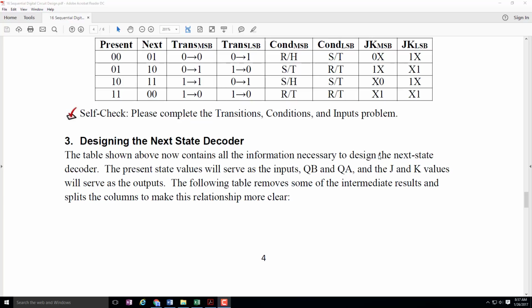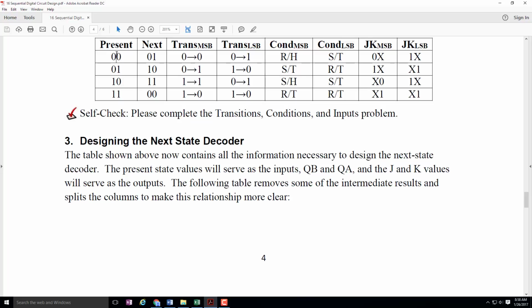Okay, all that remains now is to complete the design, and believe it or not, this is actually a problem that you're completely prepared to do, one that you have no additional information that you need to solve. I just want to clarify that this table up here is extremely important to us. We put a lot of work into this table, but the only thing that really matters now is the first